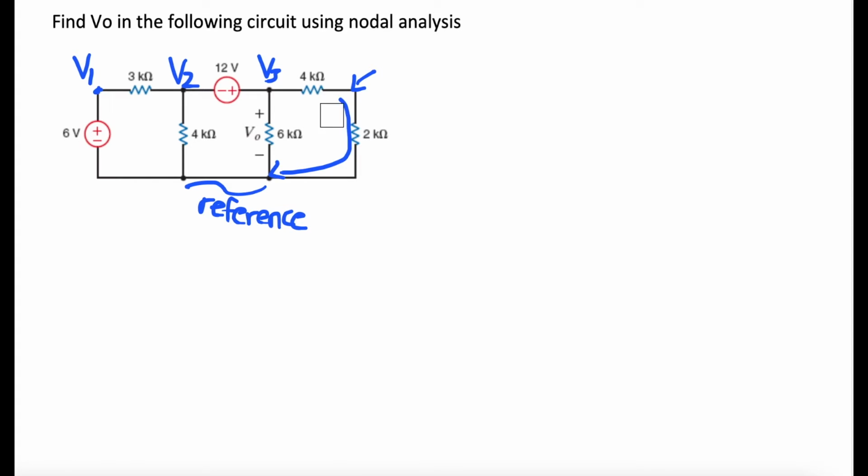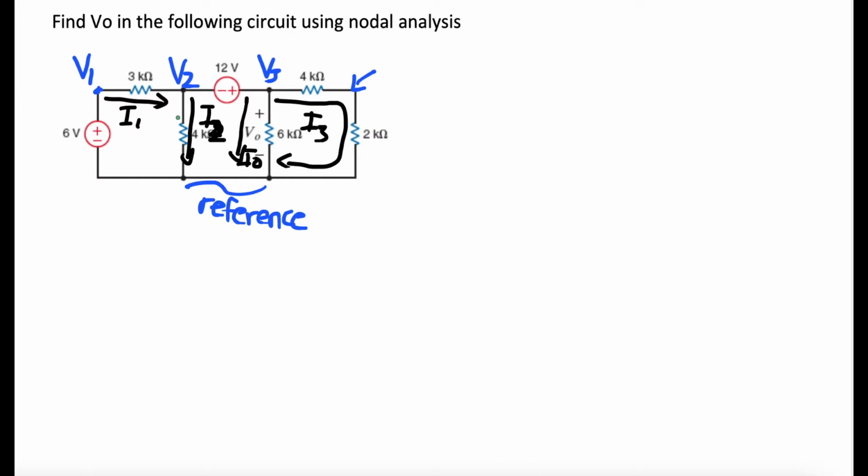Knowing that, let's draw where our currents go. We have an I1 that comes this way. We have an I2 that comes down. We have an I0 that comes down. And we still have an I3 that goes around over here, right? So we still have our 4 currents. That doesn't change, right? So you have I1, I2, I0, and I3.